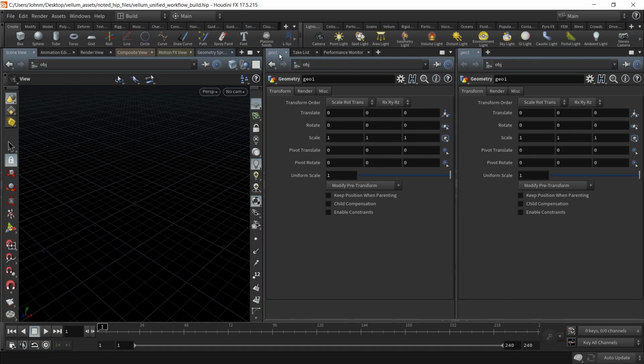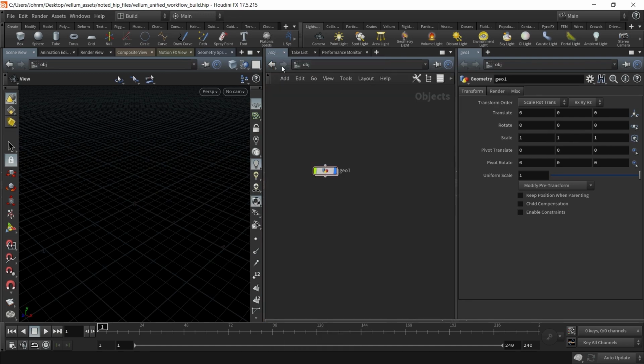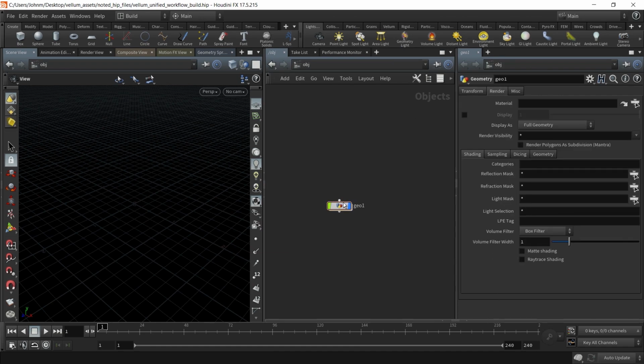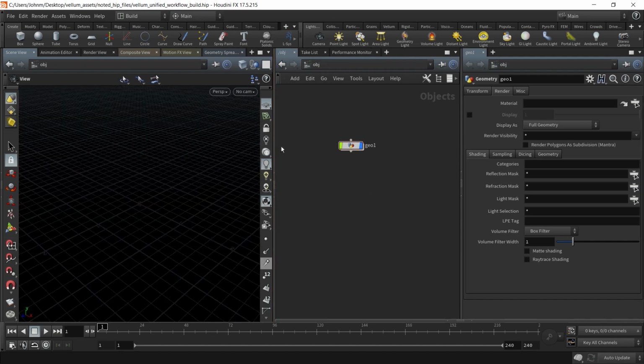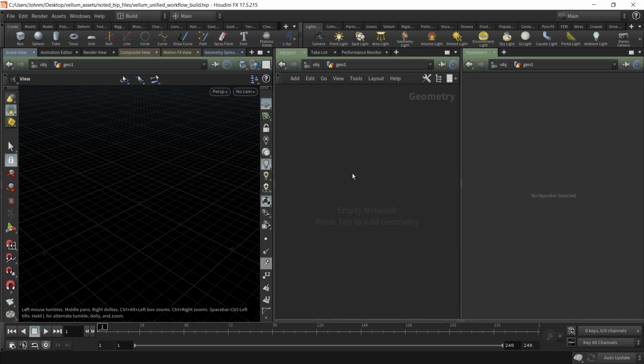And instead of this being a parameters view, I'm going to make it a network view. Now I can actually see the majority of my parameters without having to scroll down, and I can get a lot better view of my network here inside of this more vertical rather than horizontal layout for the network view. Okay, so I've got my empty geometry container, and I'm just going to dive inside,